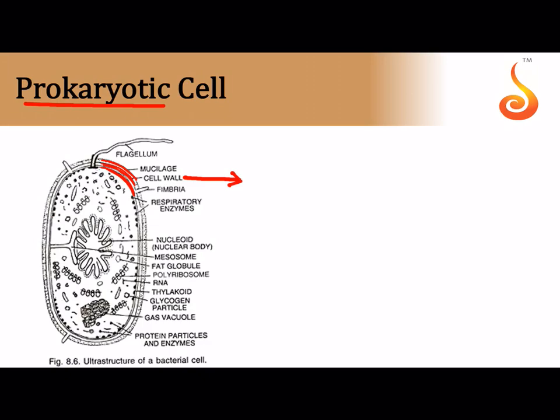Now I would like to draw your attention to these foldings that you can see in the membrane. These inner foldings which are found in the membrane are referred to as the mesosomes. The mesosomes help in cell wall synthesis, they help in replication and distribution of the DNA between the daughter cells, and they help in secretion. They also contain photosynthetic pigments in the case of photosynthetic bacteria. They may contain respiratory pigments. They contain a lot of enzymes. They increase the surface area for enzyme action.